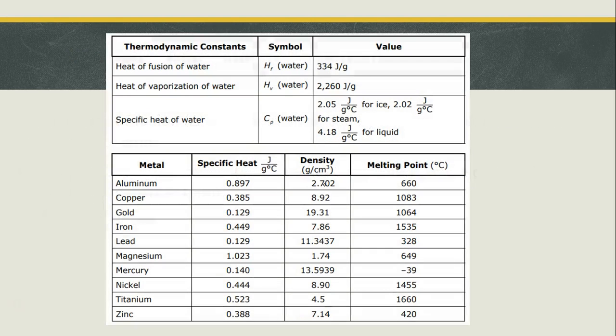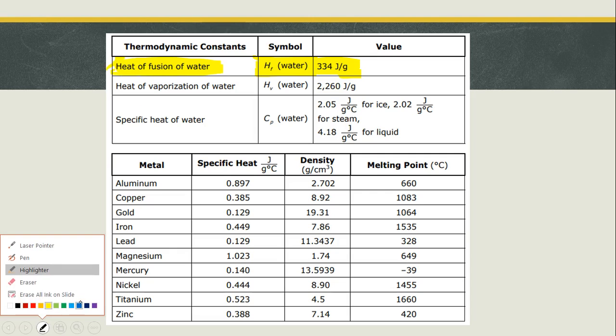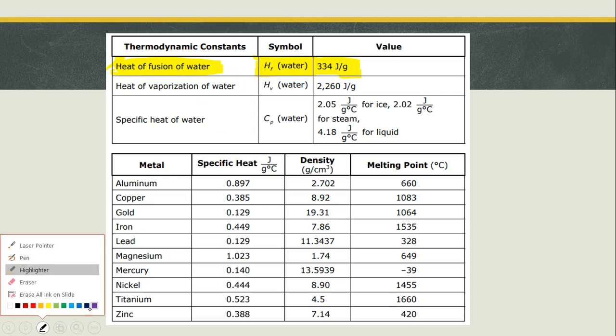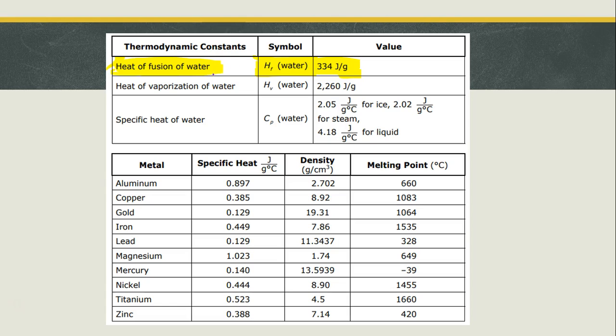There is no HS or H solid. Here's your reference table. Here's what you see. You see right here the heat of fusion of water, and you have one number, and it says HF and water. So this is the heat of fusion of water. What you need to understand is this is the heat that is necessary to melt however many grams of water. So in other words, it's joules per gram, so it's 334 joules for every 1 gram of